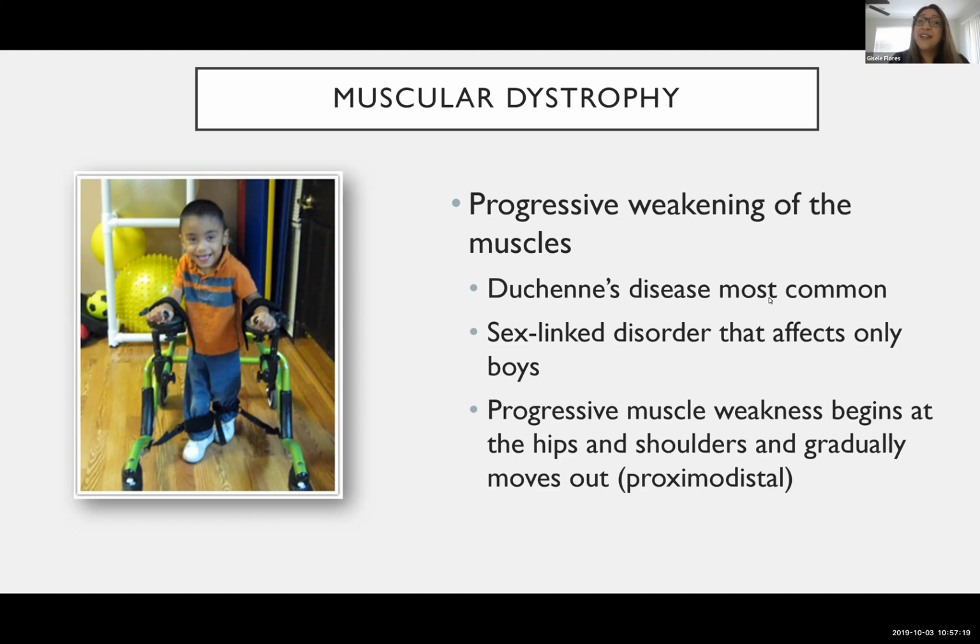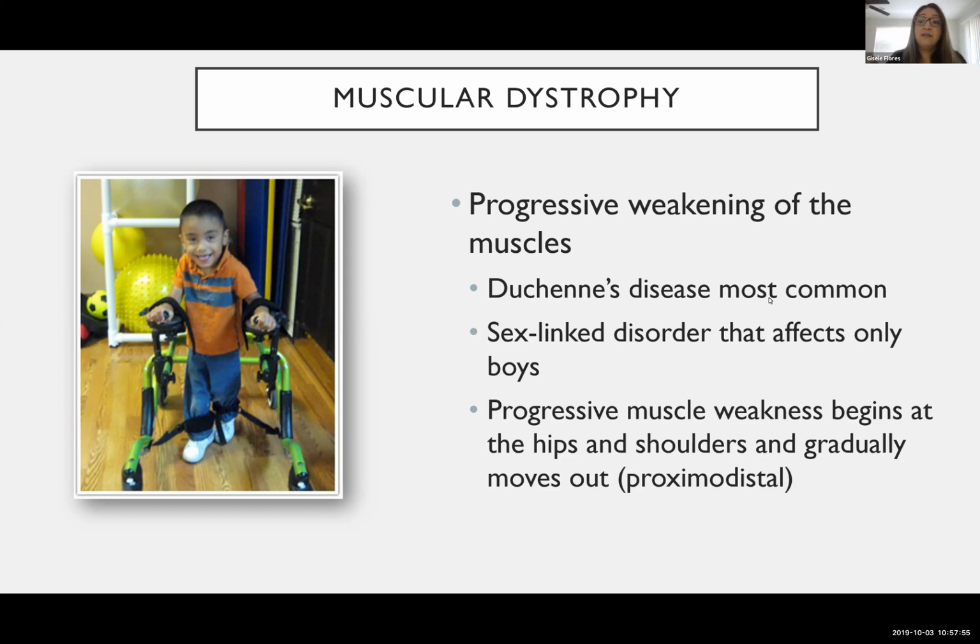The mother is a carrier, so the mother won't show signs of muscular dystrophy, but will pass down that affected X. In children with Duchenne's muscular dystrophy, you often see this weakness happening proximal to distal. Anybody remember 103? I'm going to take you back. What's proximal distal? So proximal, starting from within and then working its way out. And so you'll see first their core start getting weaker, then their shoulders, their arms, and lastly, their fingers start getting weaker.